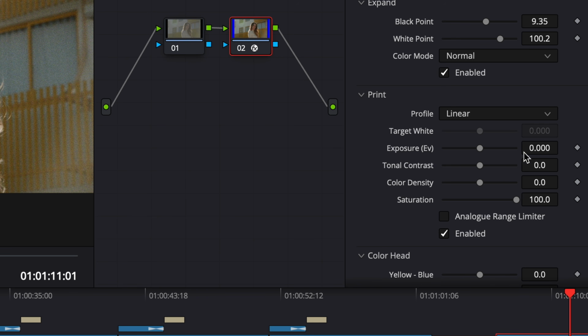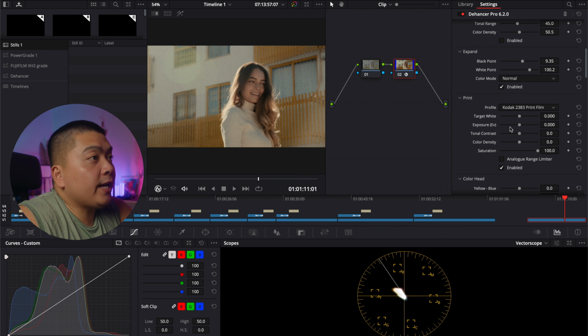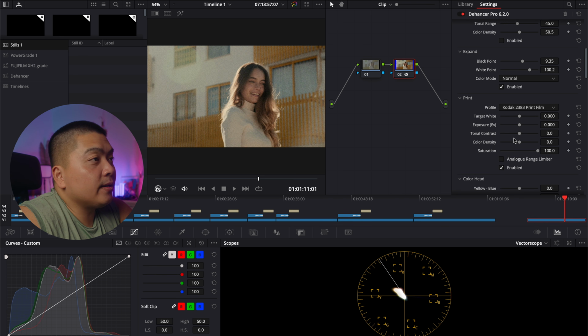It's the print, and what I like to use is either the Kodak 2383 print film or the glossy paper, Kodak Endura glossy paper. And it just totally changes how it looks before. So this is the linear, and this is with the print film. And from there, if you want to add more saturation into your footage, you can by